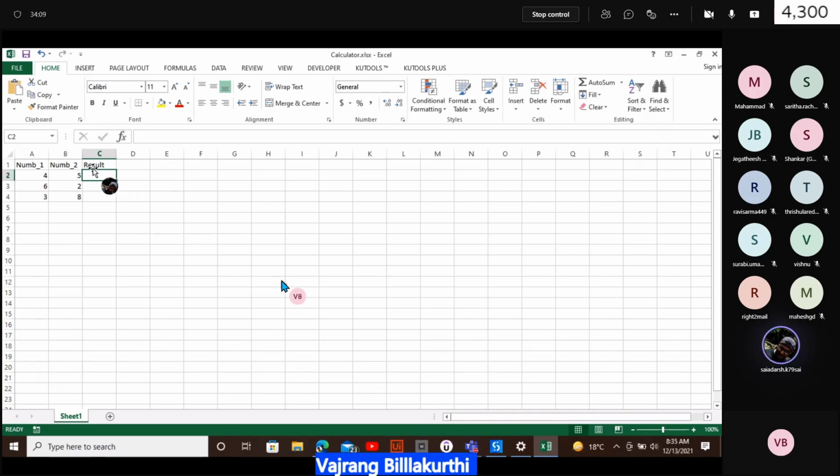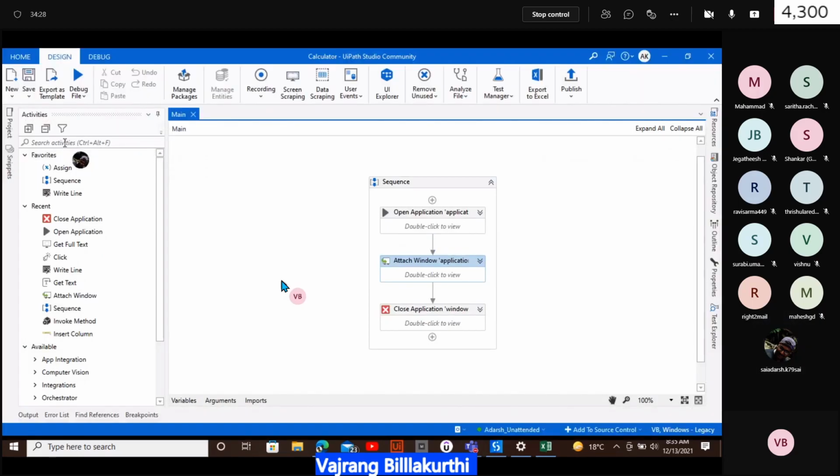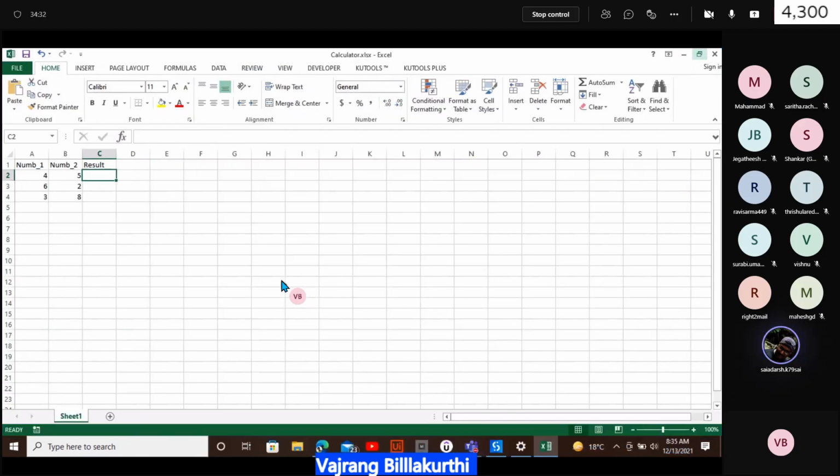You can keep the structure. But let's go ahead and write in the log message. Okay. For this, what are the changes that you need to make? First, I need to add an Excel application scope for this. Okay. Go ahead and do it. And also, why don't you keep this Excel directly in the project folder instead of keeping it somewhere else? Okay.